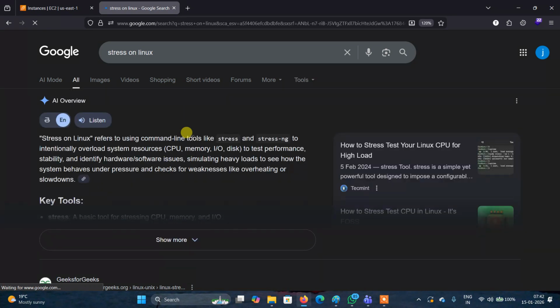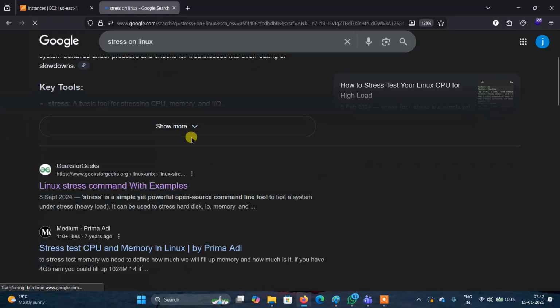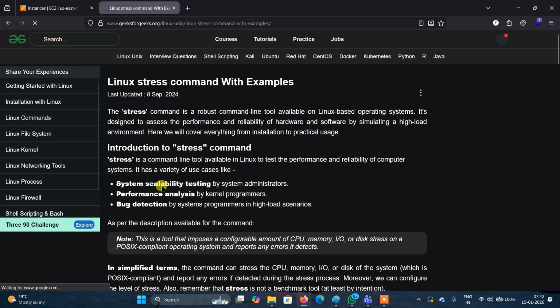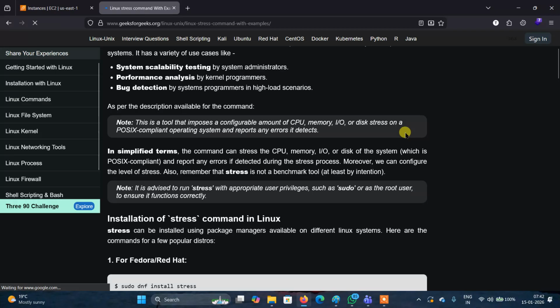When the load is generated, it is detected by the auto scaling group, which will add another two instances. You understand? Because we don't have any extra load, we need to create some stress, so that we can observe in real time how the auto scaling group creates more instances.